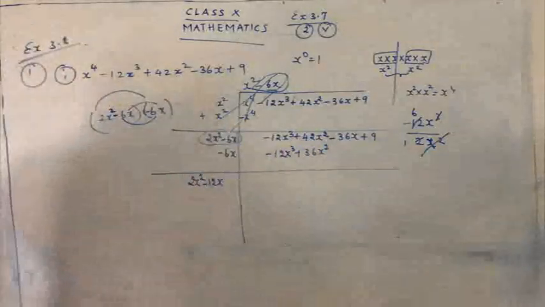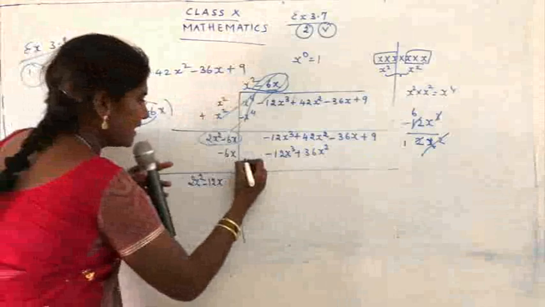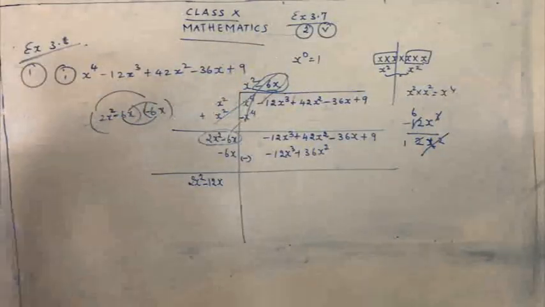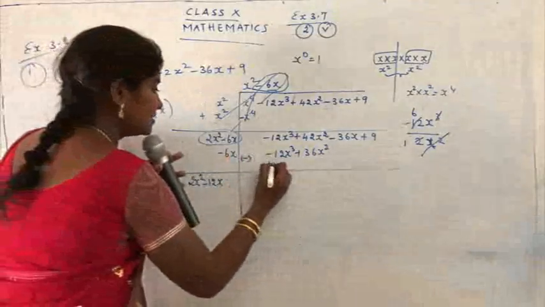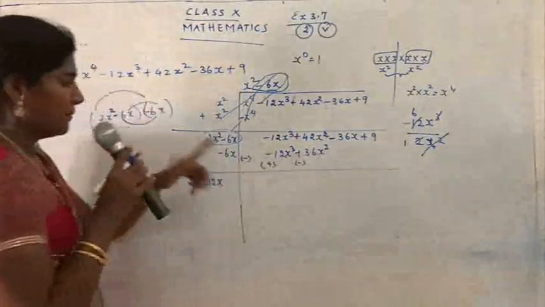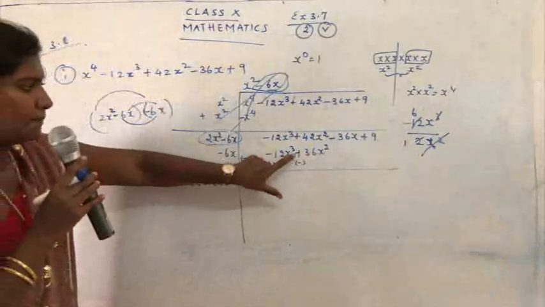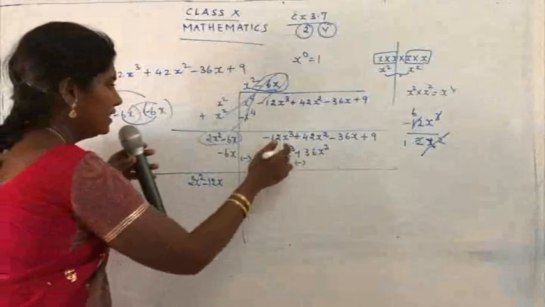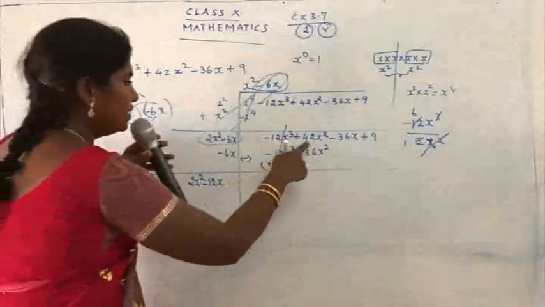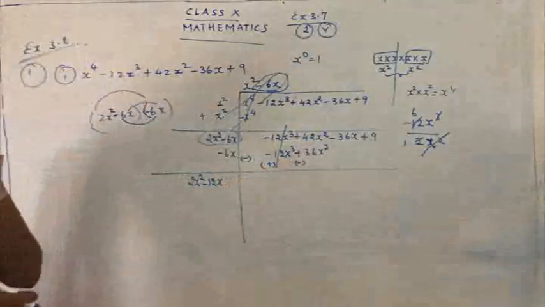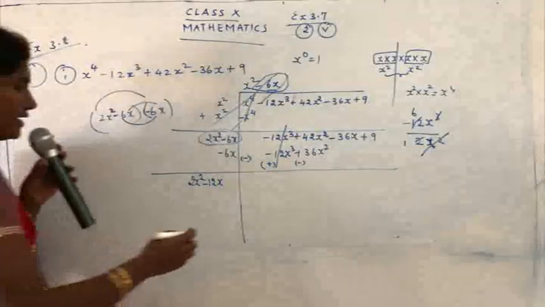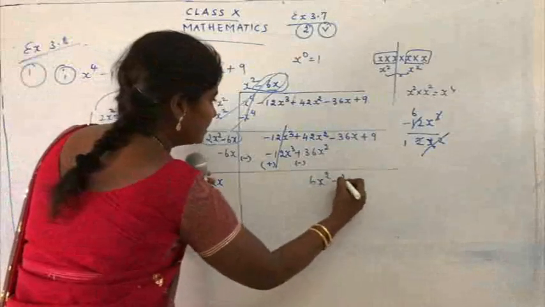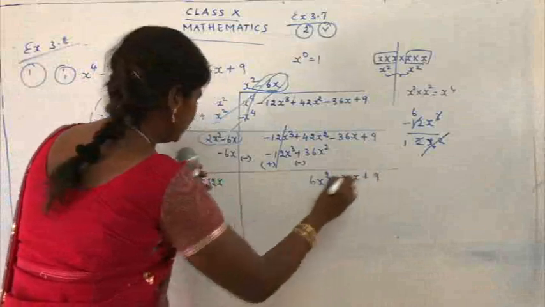So we have filled the second part. Now the main sign is minus, and when we have the main sign as minus, we have to change all the signs. So this turns to be plus, this turns to be minus. The minus changes to plus, the plus changes to minus. So now here it's minus 12 and plus 12. Just cancel it. 42 minus 36, what's the answer? It's 6x square. Take down the left out part, minus 36x plus 9.